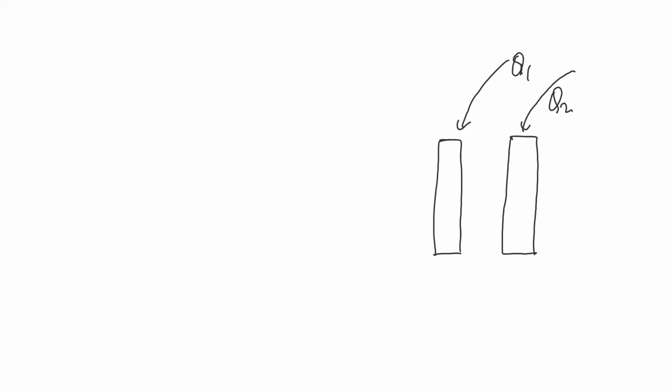Charges appearing on the surfaces. Okay, so this is the starting of capacitor basically. One metal plate. This is a side view. Remember, this is a side view of two metal plates placed parallel to each other. One plate is given charge Q1, the other plate is given charge Q2. What will be the charges appearing on surface 1, surface 2, surface 3, surface 4?